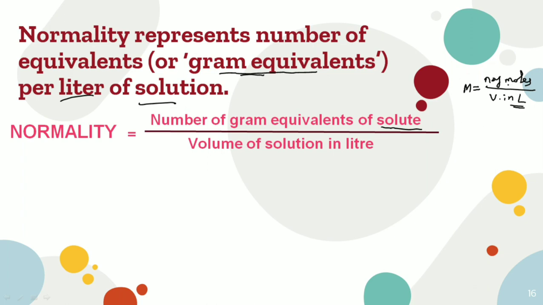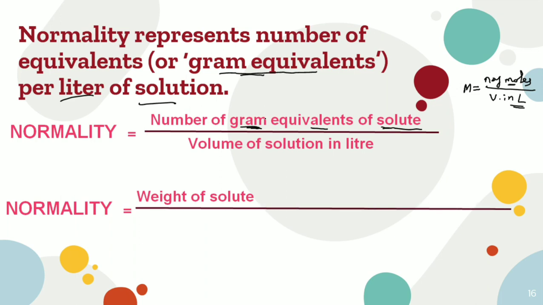Instead of moles, what we will consider here? Gram equivalents of the solute. That is the only difference. Then how to calculate this gram equivalent? See here. Normality is equal to, this can also be written as weight of the solute divided by equivalent weight of the solute. So gram equivalent is nothing but, remember, weight of the solute